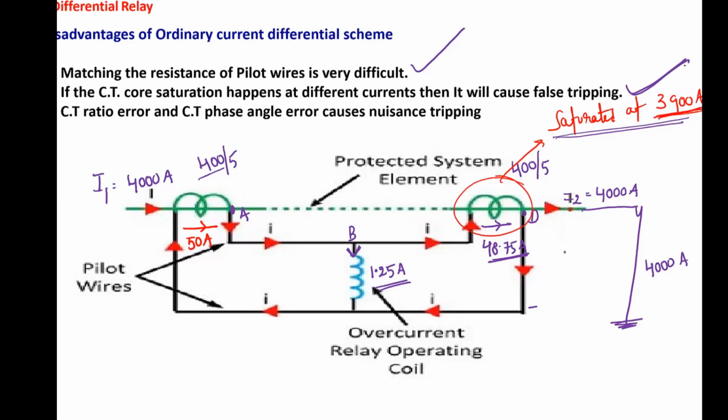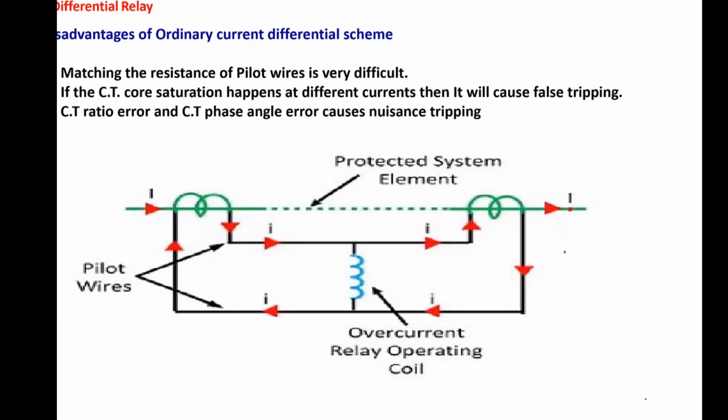The third thing is CT ratio error and CT phase angle error cause nuisance tripping. CT ratio error and CT phase angle error also cause the nuisance tripping. So what is CT ratio error and what is CT phase angle error? That we will see. If you recollect your transformer equivalent circuit,